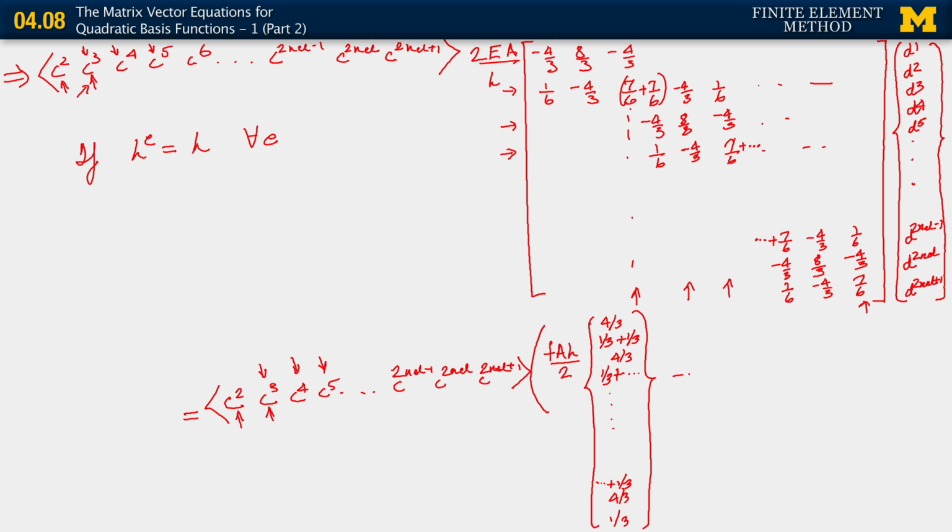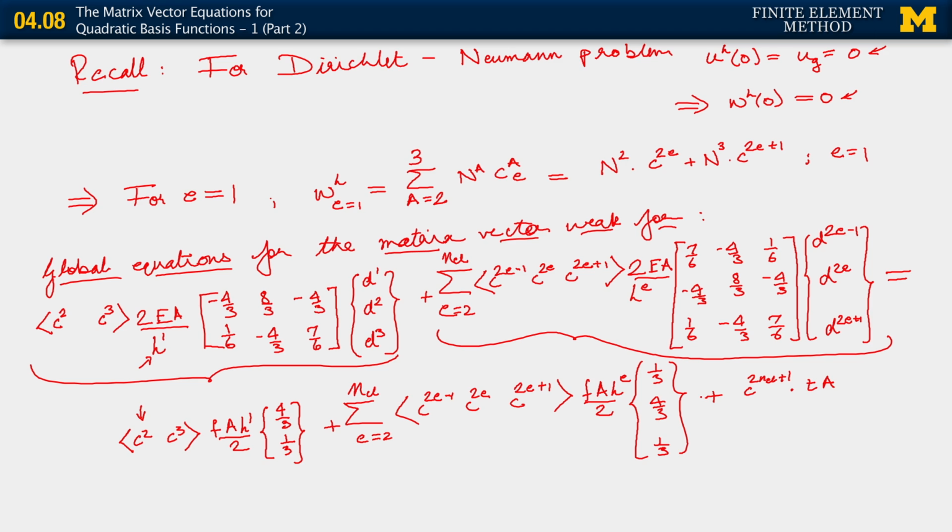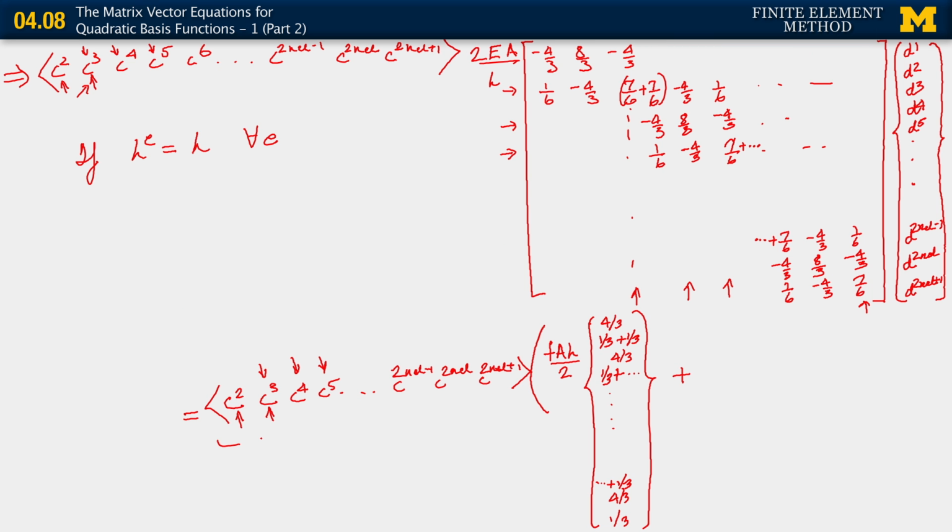For the traction, remember, if you go back and look at the way we wrote out the traction vector contribution down here, it's the very last term on this slide. The only contribution comes from C2NEL plus 1. Since we have the entire C vector sitting here, in order to write the traction contribution as a vector also, we fill it with zeros all the way down except for the very last component, which is TA. So that we need to close a parenthesis.